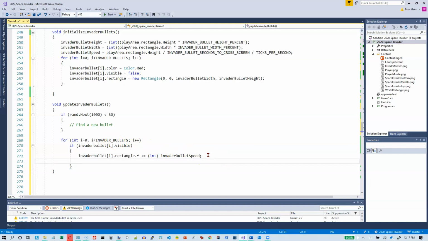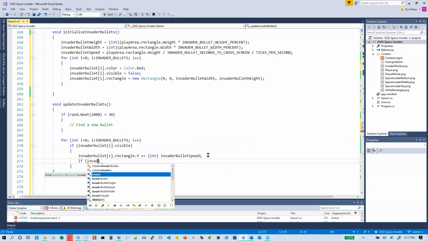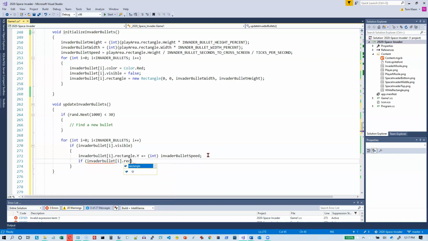So let's check to see if Invader bullet's rectangle intersects player dot rectangle, then the player has just lost one of his lives. Okay, so we have one called lives left, player lives left, minus minus. If player lives left is equal to 0, then the game is over. So we want game